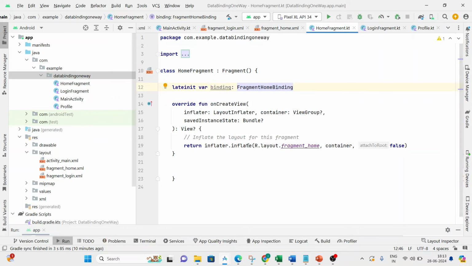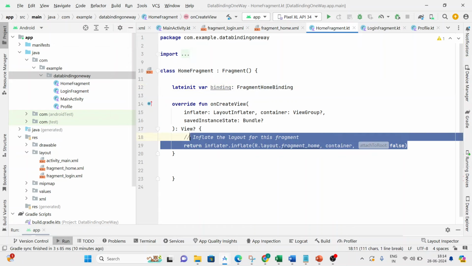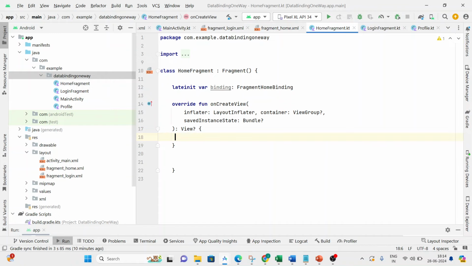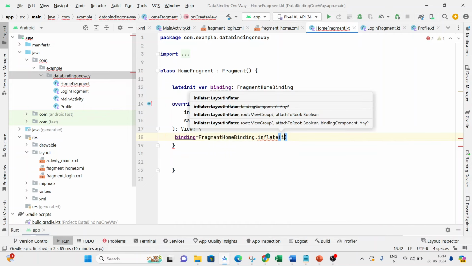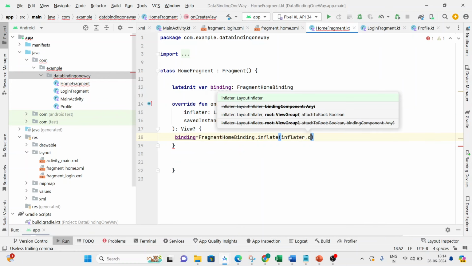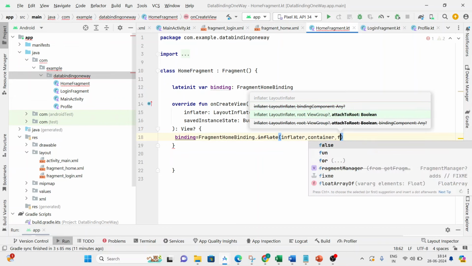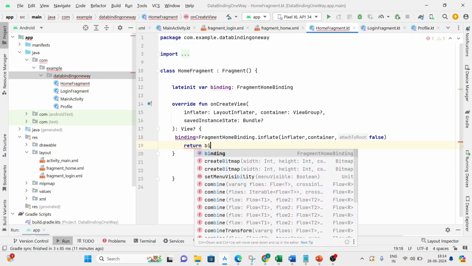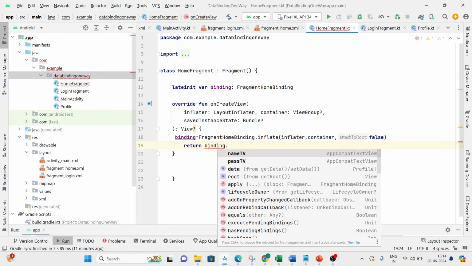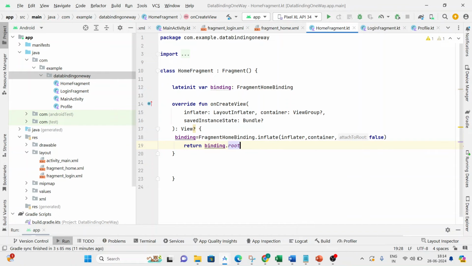Now initialize it over here. Let's remove this line. Binding is initialized to FragmentHomeBinding.inflate, and it will take inflater, container, and attach to root false, and return binding.root. Okay. Now override the second function over there, which is onViewCreated,